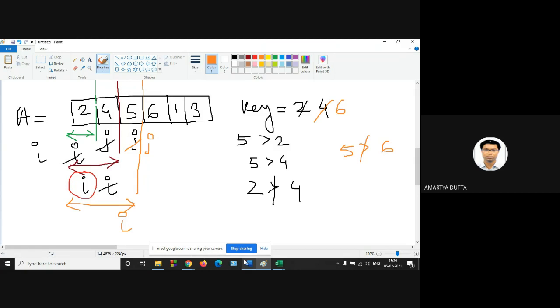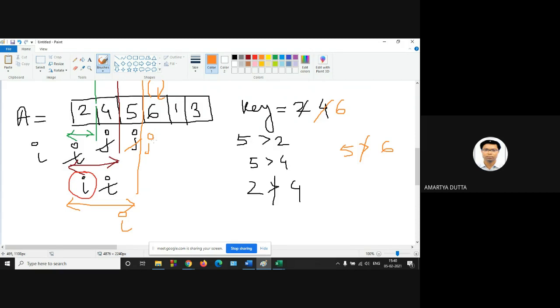So what should I do, Shorashish? It will go out of the while statement, then it will switch the values of A[I+1] and j. So clearly it is switching the position of 6 with itself. Yes, 6 with itself.